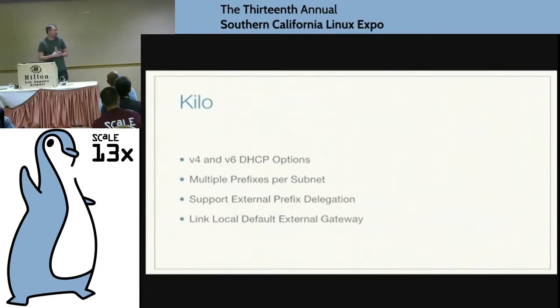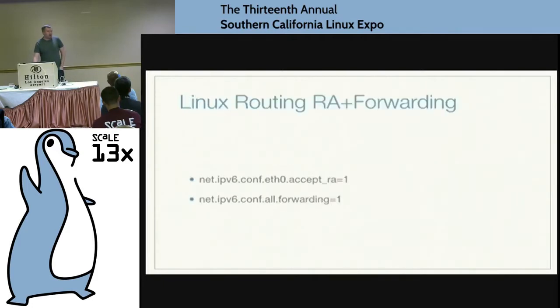So basically what that's setting up is the ability to do a link local default external gateway. One of my favorite little oddities at Linux: if you turn on accept RA because you want link local forwarding and you want to get that message, and then you turn on forwarding of IPv6 traffic, what actually happens is the router will not accept RAs anymore, because you've turned on forwarding, so it assumes it's a bad idea to accept RAs. Which is why we have 0's off, 1's on, and 2 is like really on.